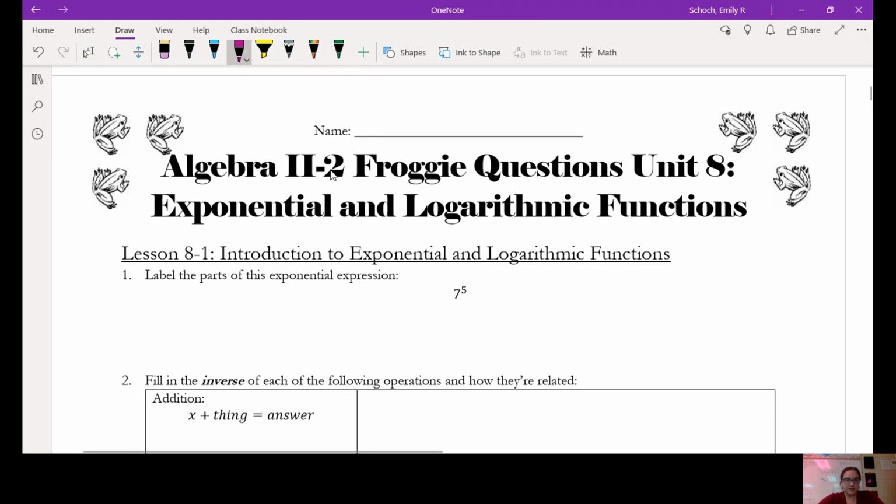Okay, so the first thing, you guys are familiar with exponents, right? So if I see like a number 1 here, I have 7 to the 5th power. Hopefully that's something that you guys are like, oh yes, I see that. And this has 2 parts. It has the big number part and the little number part. So the little number, you guys probably all know, is called the exponent. The big number is called the base. Which you may or may not know,